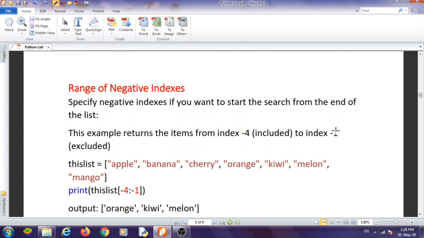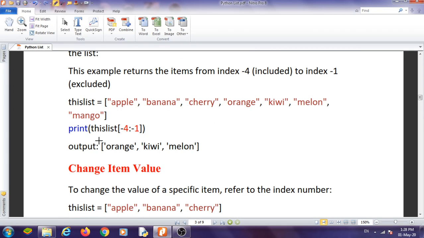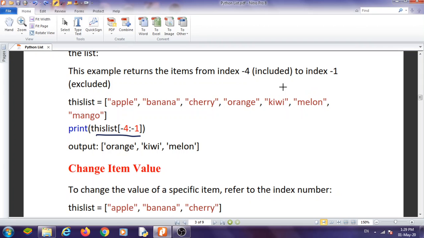Now range of negative indexes, that is the slice with negative values. Here again the same example, -4 to -1. What is -4? This is -1 and -2, -3, and this one is -4.